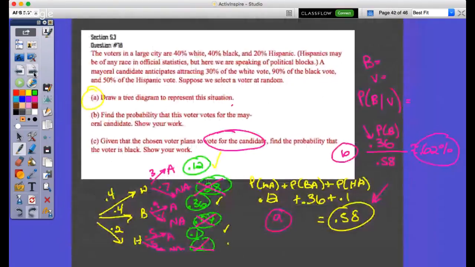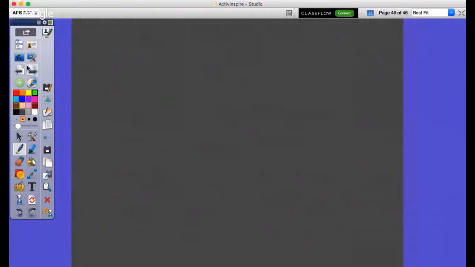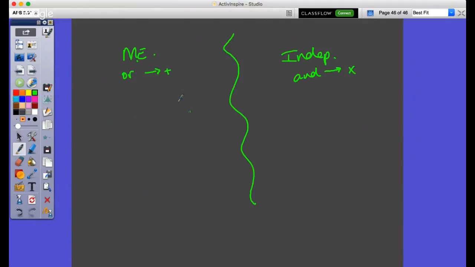Now mutually exclusive and independence and the formulas that are for each. So if I say something's mutually exclusive compared to independent, you need to know what the differences are. So remember, this is or, we traditionally add, right? And this is and, we traditionally multiply. Independent states that the probability of A is equivalent to the probability of A given that B occurred, and is equal to the probability of A given that not B has occurred. But if I can show that these two are not equal, then we would say that it's not independent.